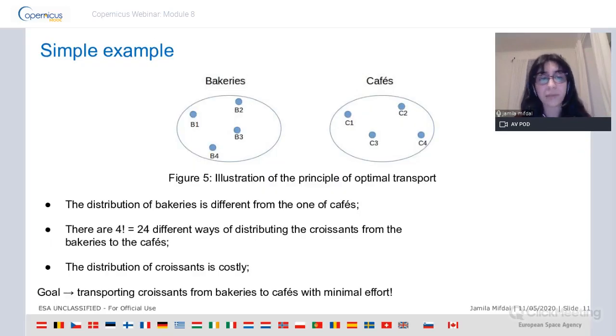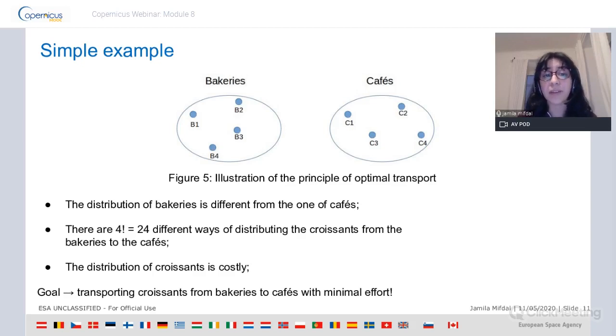Here we have a simple example that illustrates the idea behind optimal transport. We have 4 bakeries distributed in this way, and we have cafes that are distributed in another way. The goal is to take the croissant from the bakeries to the cafes while they are hot, with minimal effort, of course. So we have 24 different ways of moving from bakeries to cafes,